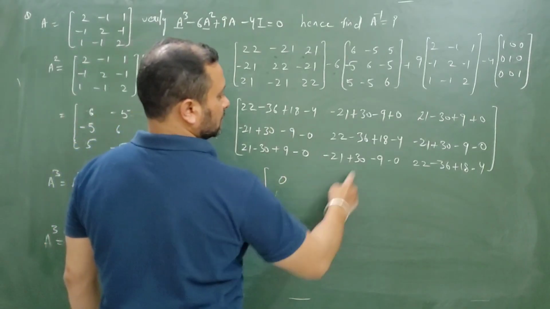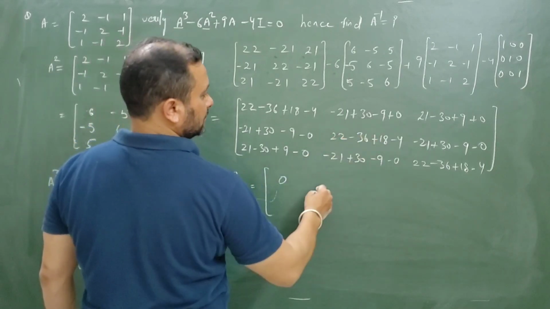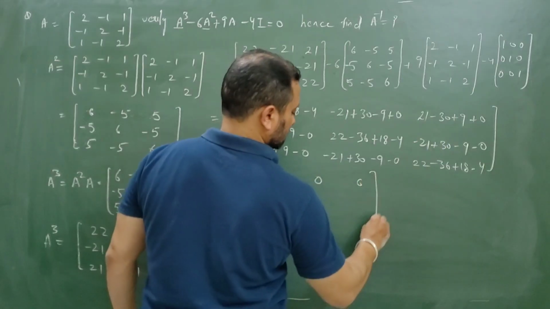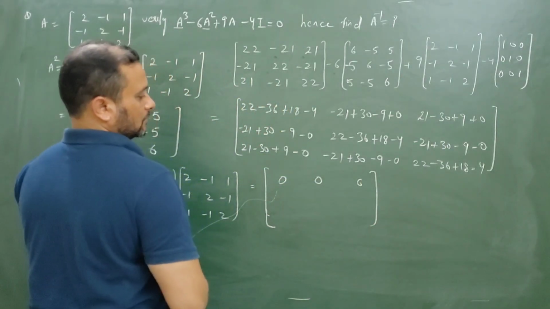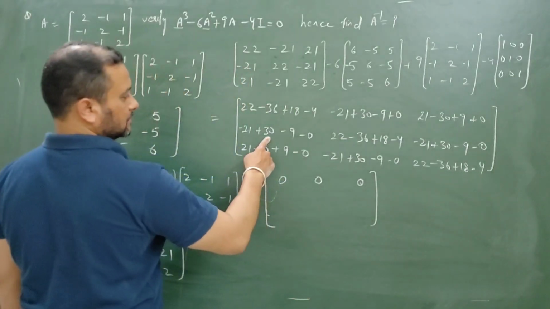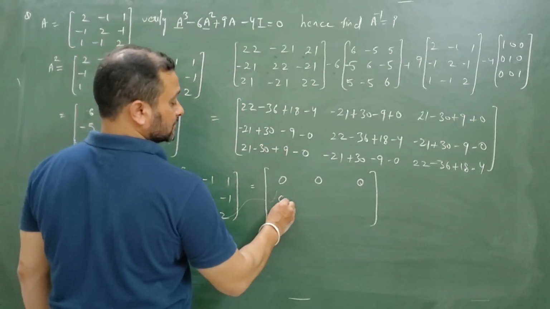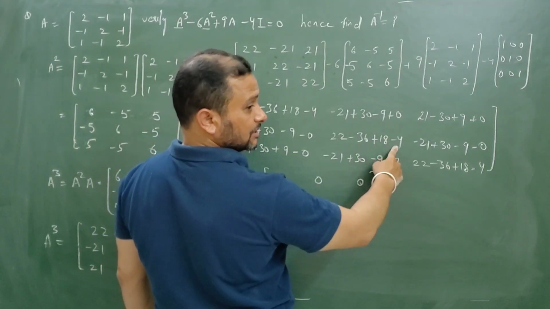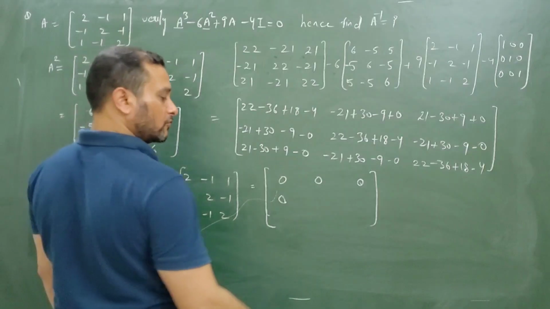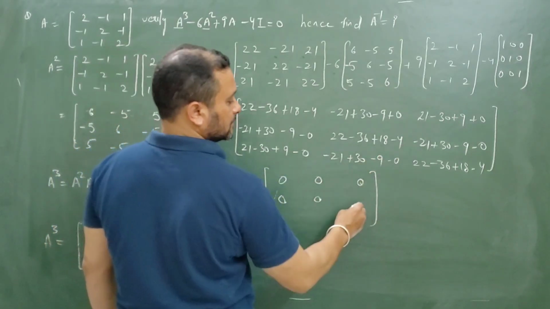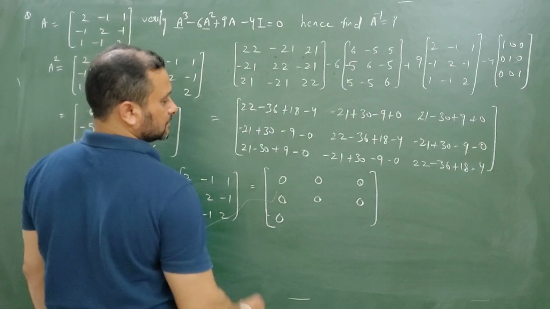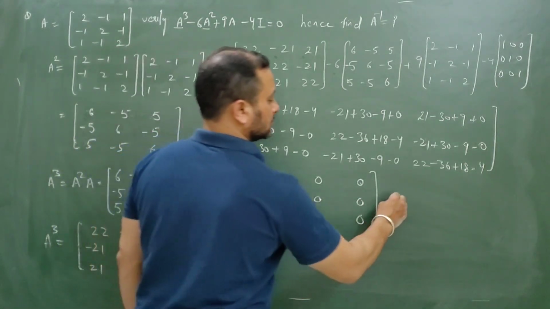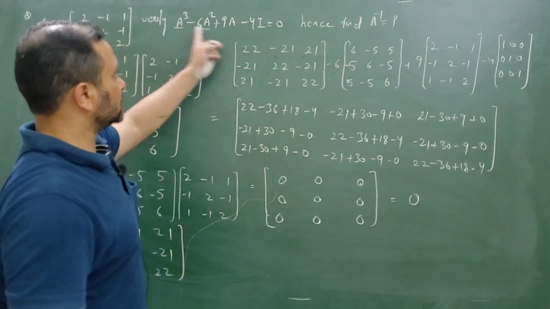This becomes 0. This is 21 plus 9, 30 minus 30 plus 30, 0. The first row becomes 0. The next one: this is 21, 9, 30 plus minus 30 plus 30, 0. This is 36 minus 4, minus 36 minus 4 minus 40, and 18 plus 20, 40. 4 plus 40 minus 40 is 0. This is plus 30 minus 30, 0. This is plus 30 minus 30, 0. This is plus 40 minus 40, 0. Hence this equation comes to 0.